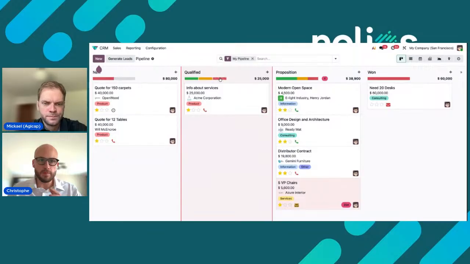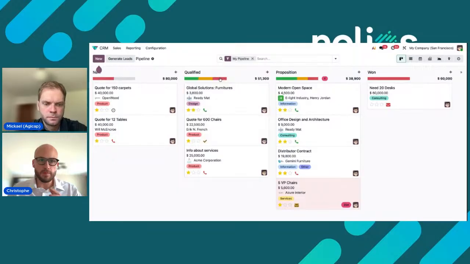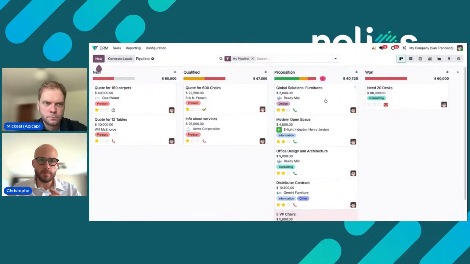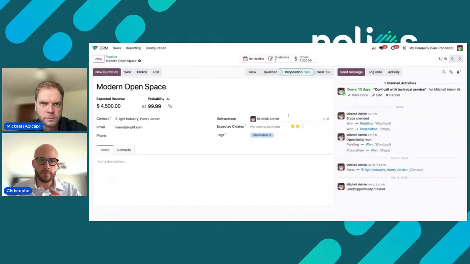If you click on the different colors, you're going to have very easy filtering on the CRM. This is also a drag and drop feature, and when you drag and drop an opportunity from one stage of the pipeline to another, you're going to be able to see the different numbers updating automatically. If I go over an opportunity,